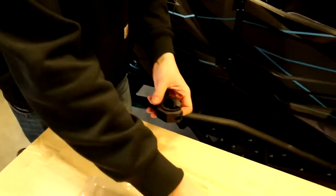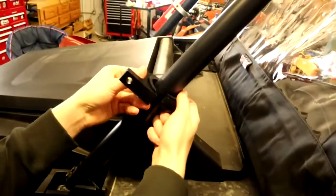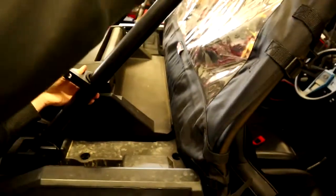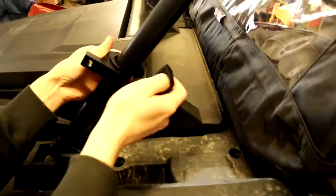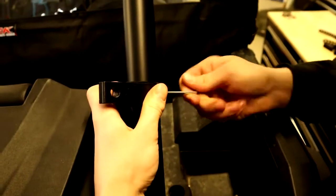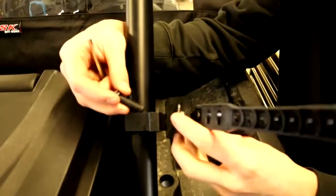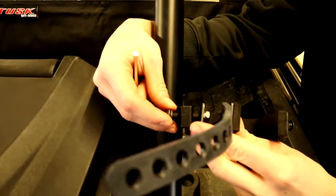So take one of your mounts and two of the smaller screws that we pulled off, and then you're just going to install these on your bar mount wherever you'd like. I'm going to go on these back bars on my XP Turbo because I'd want the gun here and I don't have any room up there or anything like that, so we're going to go right here. Okay guys, so now we're going to take the longer bolt and the mount, run the bolt through into